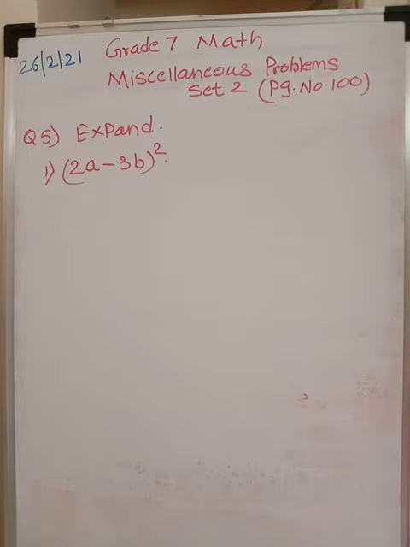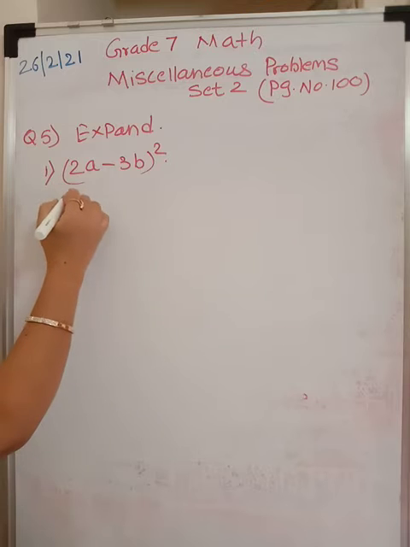In that, question 5, which is expand, I have written it on the board, you can see. Expand this using the formulas which we have studied earlier. So let us do these problems because they are based on the same formulas which we have learned in topic 14. Now look at the first question, students. It is same as (a minus b) the whole square. So first write the formula.